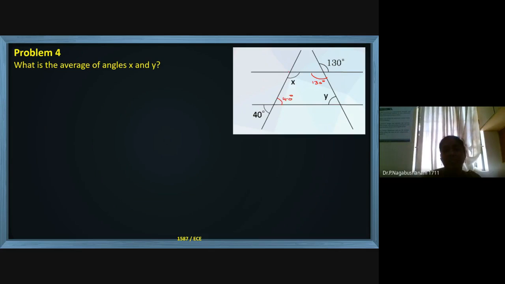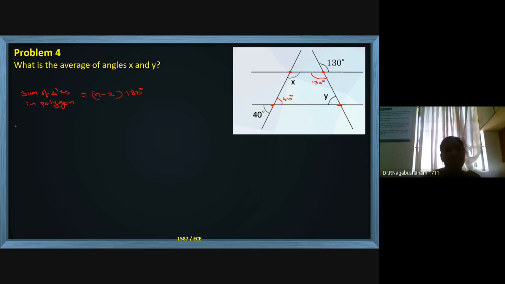Now, if you see, a quadrilateral is formed, four sides are there. Sum of angles is equal to (n minus 2) into 180. So 4 minus 2 into 180. Sum of angles in a polygon. Polygon means any number of sides may be there. And the formula is (n minus 2) into pi, or 180 degrees.